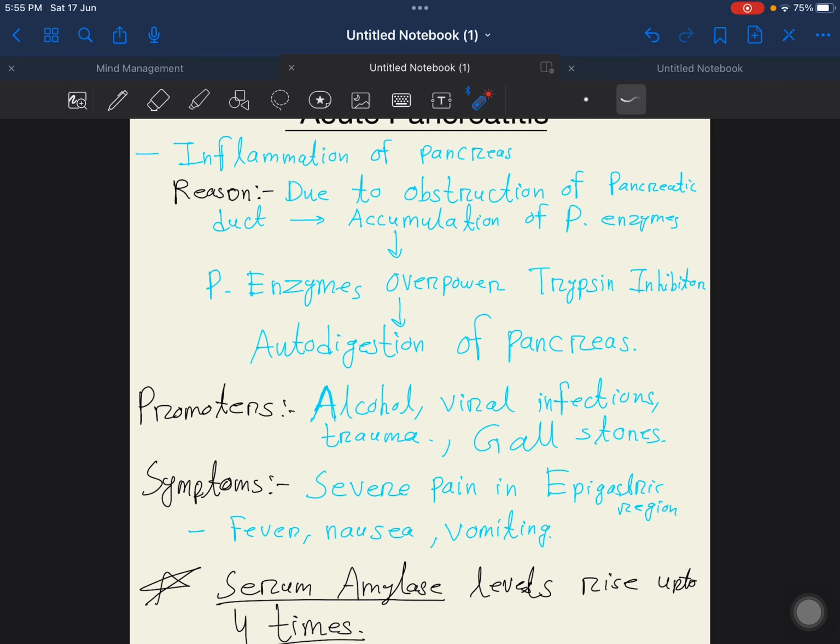But if there is accumulation, the pancreatic enzymes eventually overpower the trypsin inhibitor, and that will lead to the autodigestion of the pancreas. So this is what happens, and the promoting factors are ingestion of alcohol, the viral infections, trauma, or any road accident, or any kind of accident for that matter, and gallbladder stones, that we will discuss